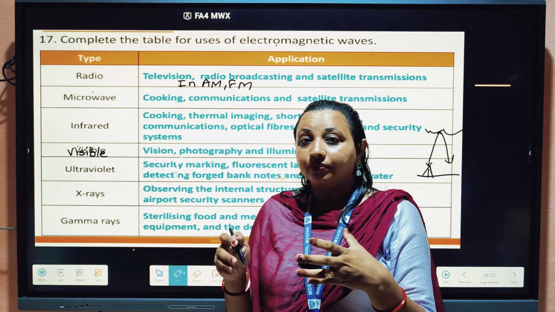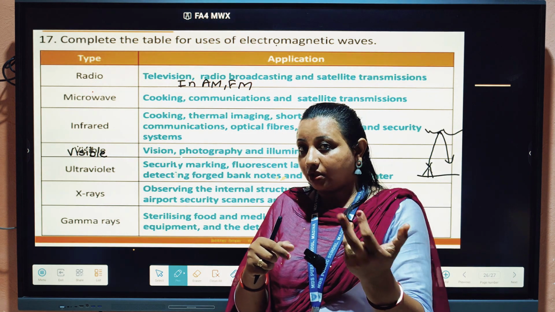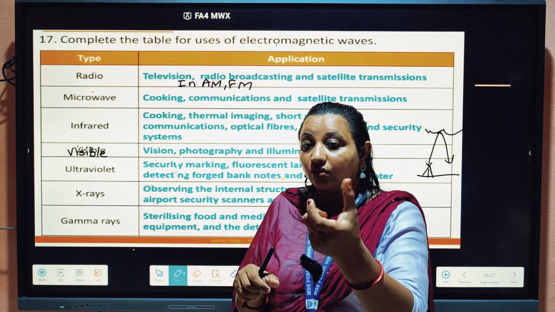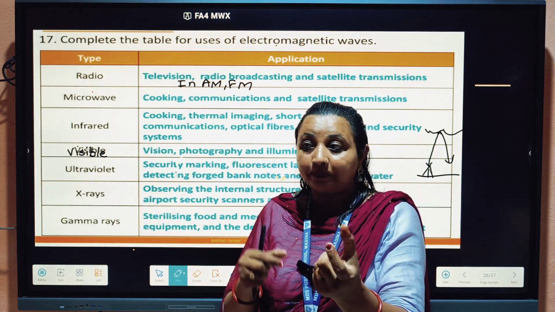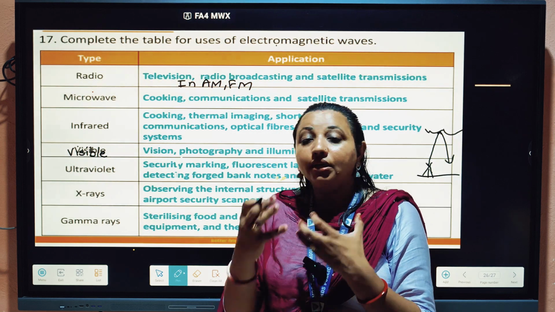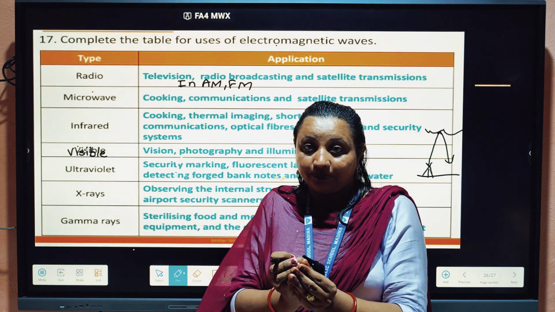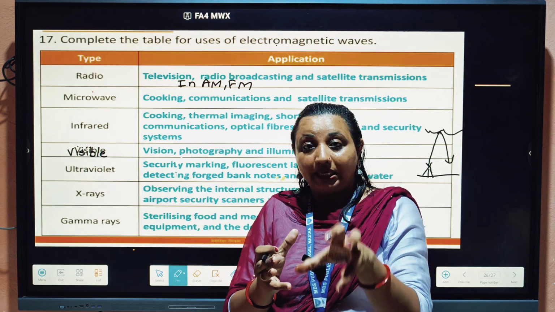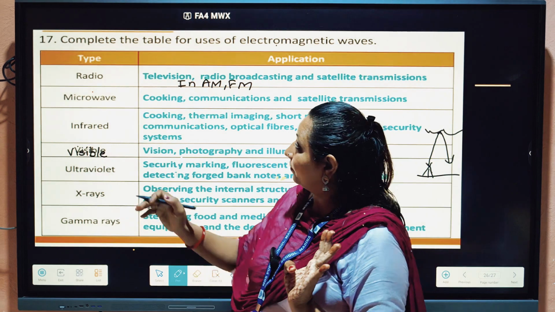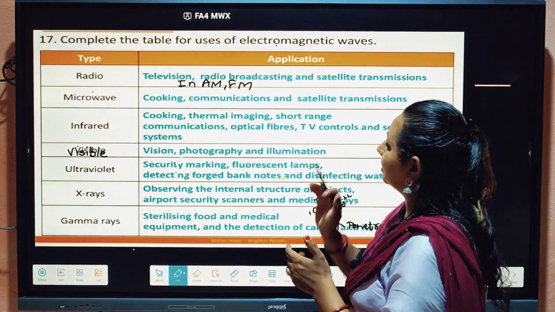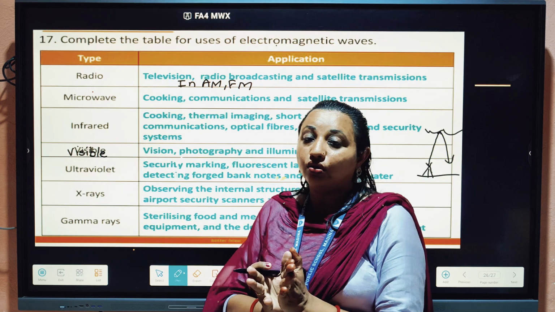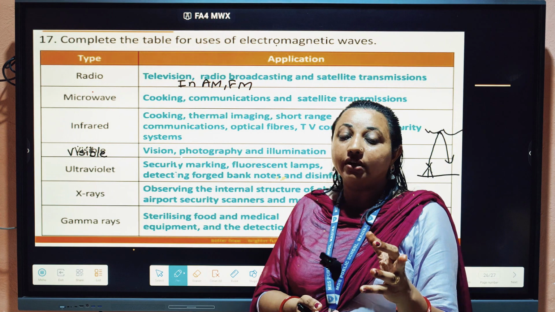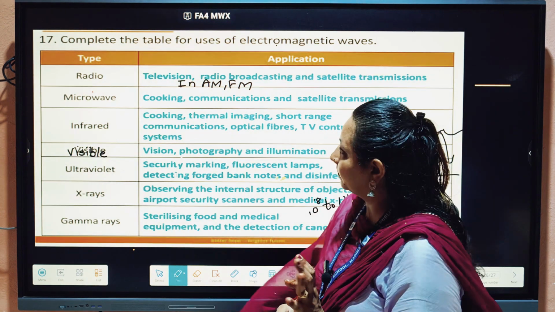Microwaves. And how? There is a knob to match the temperature. So with that temperature, we actually match the frequency, the resonant frequency. It also works on the resonant frequency. So due to the molecular motion of the molecules, heat energy is produced. On that basis, microwave ovens are used. So in cooking, in communication and satellite communication, we use microwaves. Actually, in determining the speed of a fast moving ball in cricket also we use microwaves, right?